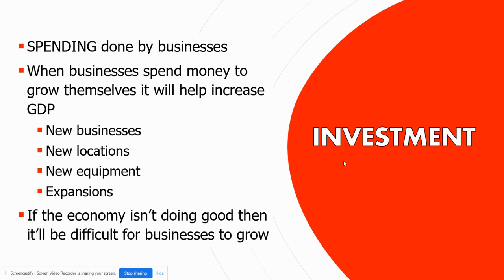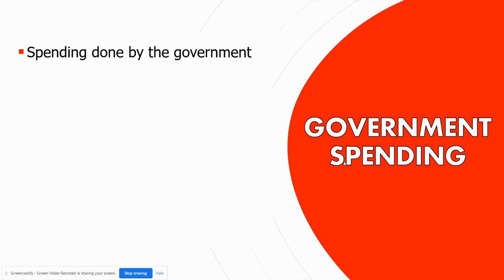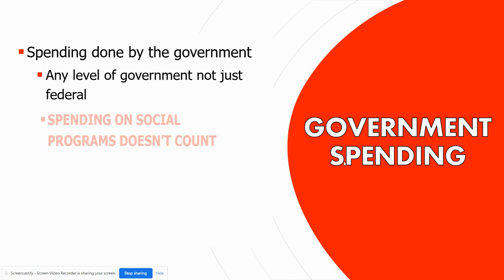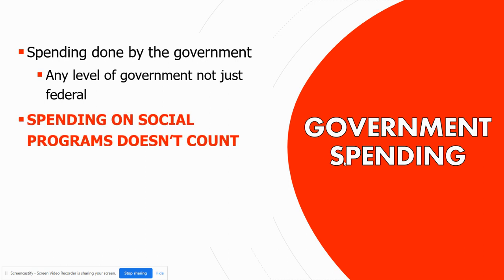The third category is government spending, which should be pretty obvious by the name. This is spending done by the government, by all federal, state, and local governments combined, that make up this category that factors into GDP. Okay, now one exception to this is that GDP does not count any money spent on social programs. So anything like food stamps or welfare, unemployment, Medicare, Medicaid, Social Security,